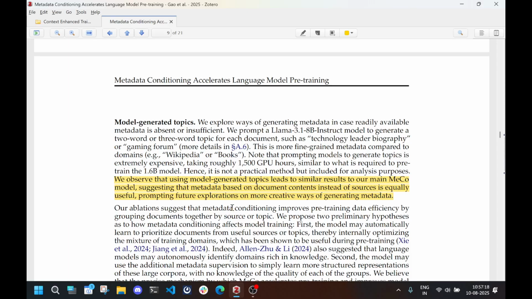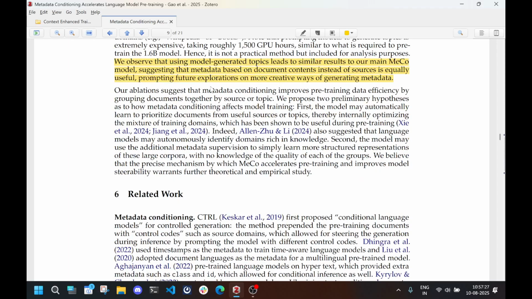Would that make the model better? So like you're implicitly doing instruction tuning at the same time. Yeah, not sure. Our application suggests that metadata conditioning improves pre-training data efficiency by grouping documents together by source or